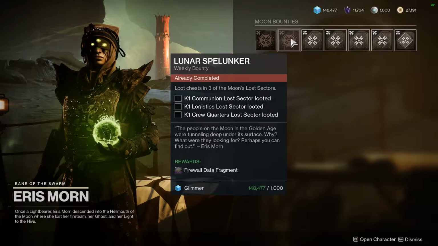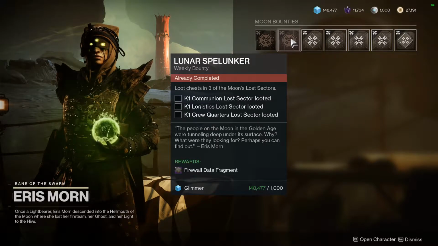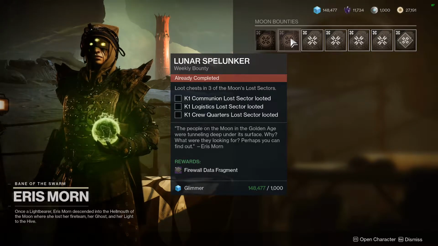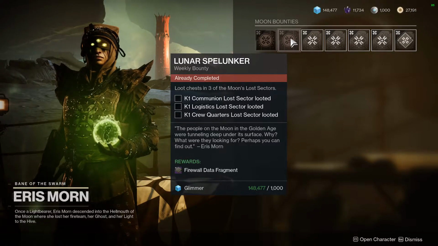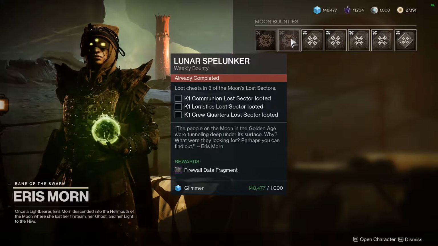The second weekly bounty is loot chests in 3 of the moon's lost sectors. It's these 3 specific ones, as you can see: K1 Communion, Logistics, and Crew Quarters. Those all 3 except for the one in Sorrow's Harbor, which is Revelation. Just make sure you can kill Az really fast because you have to kill all of them before you can move on. Unlike the older lost sectors